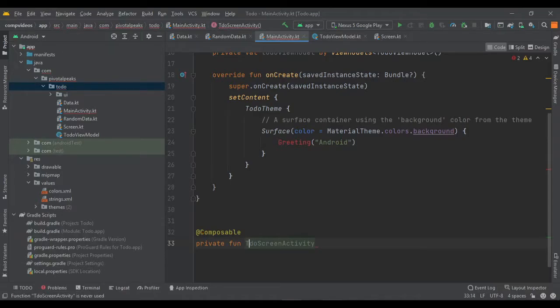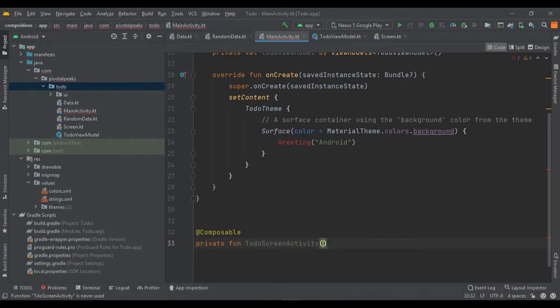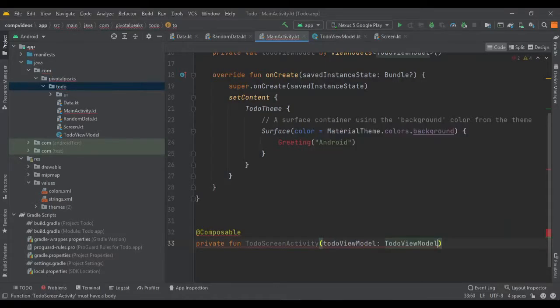I made a mistake in spelling, ToDoScreenActivity. The first parameter is going to be the view model. Yeah, it's showing right there. And we only need one parameter, not many.